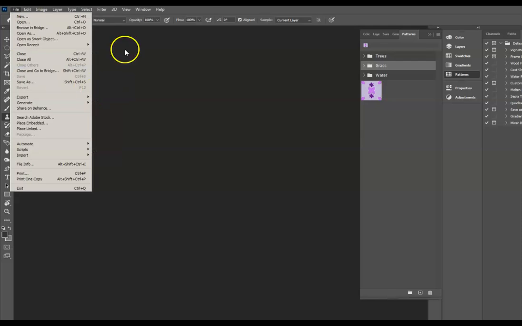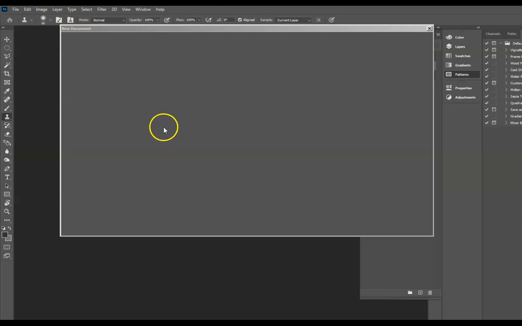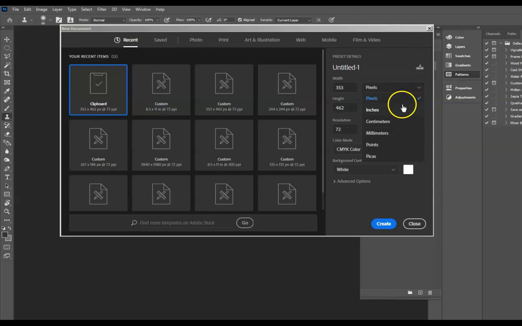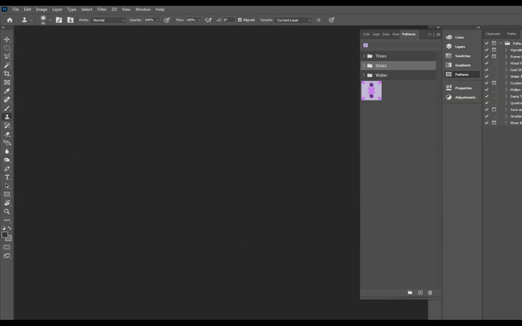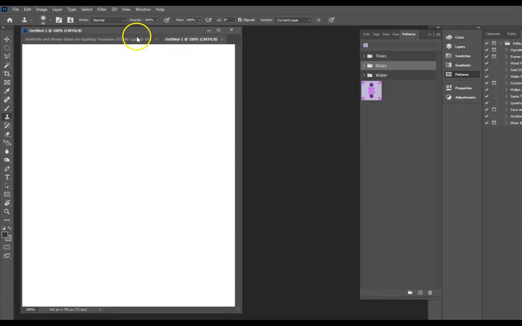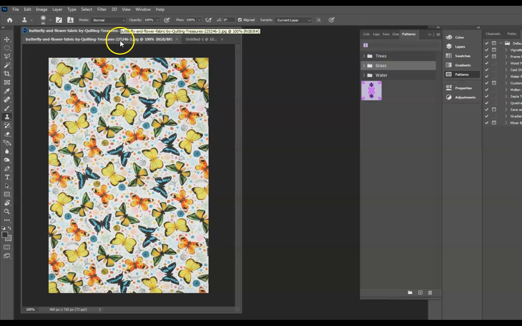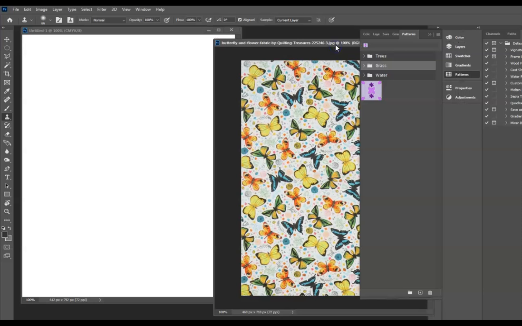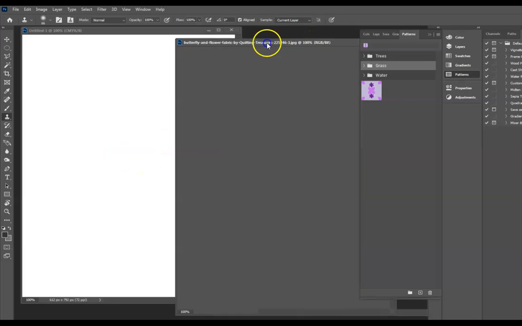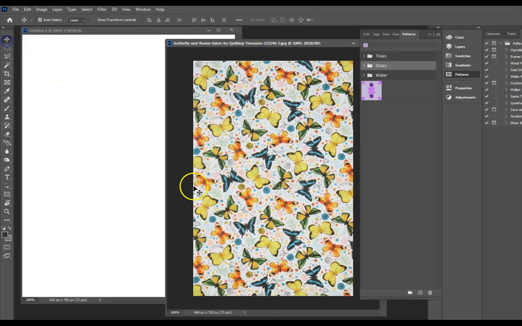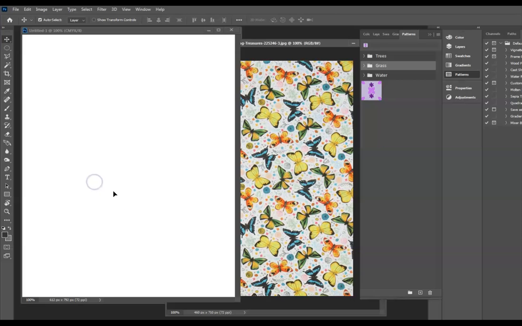So let's go to Photoshop and then let's open a new. It's going to be inches, 8.5 and then 11. And here I want you to open this butterfly file that I uploaded on Canvas. Okay, and then we will actually learn the clone stamp tool in Photoshop. I know the fabric is not exactly the same, but I will show you how to use this fabric for your dress. So let's move with the move tool, V,